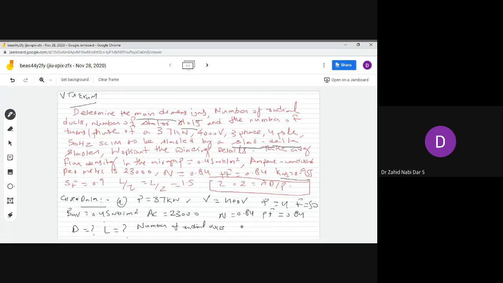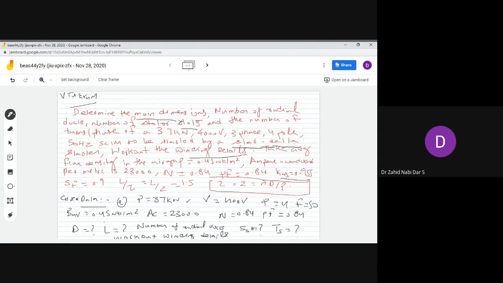Stator slots means SS you have to find. Okay, and the number of turns per phase, so TS you have to find. Threefold: work out the winding details. So first let's